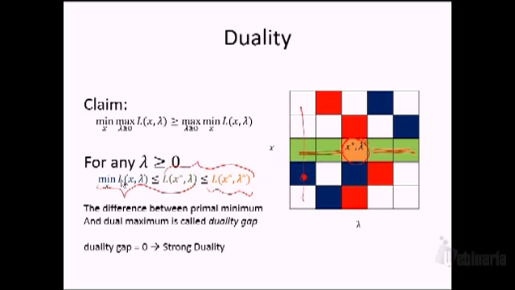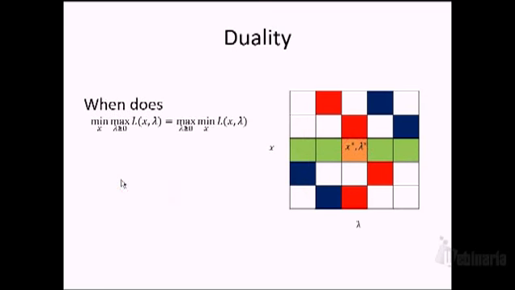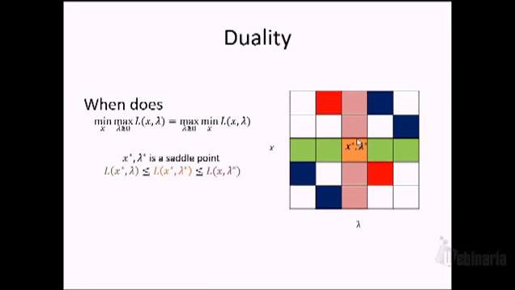The difference between the primal minimum and the dual maximum is called the duality gap. When the duality gap is equal to 0, we call this situation strong duality. And that means the dual function becomes a tight lower bound on the primal objective function. And so our natural question would be, when does strong duality hold? In other words, when does this point become also a solution to the dual? And the claim is,